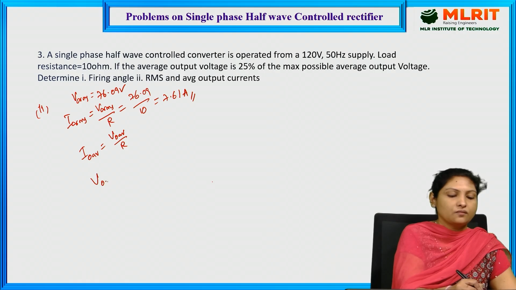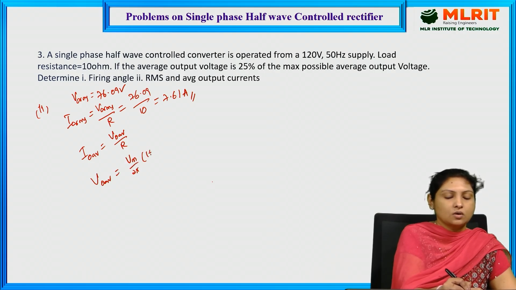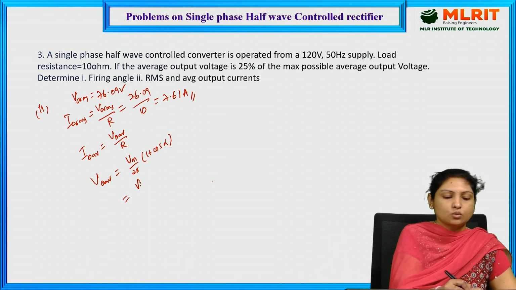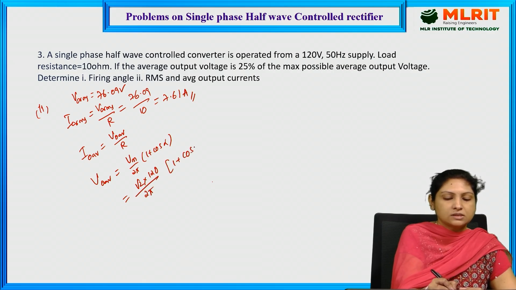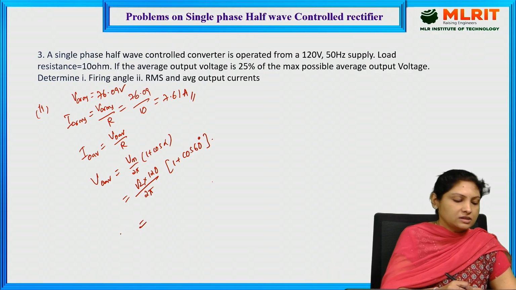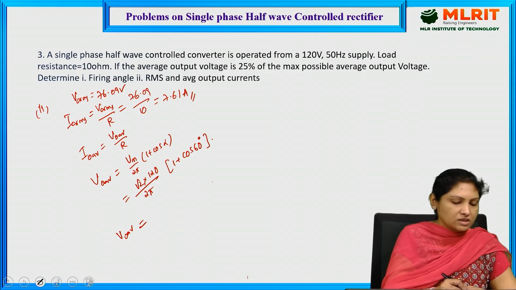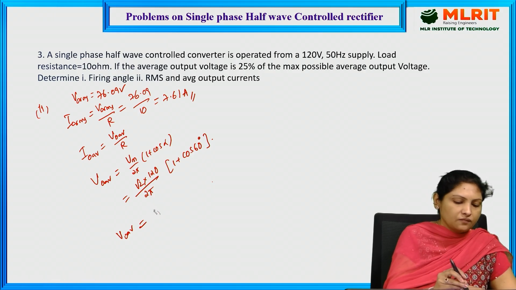What is the formula for V naught average? We have Vm by 2 pi (1 plus cos alpha), where V maximum is equal to root 2 into Vs, Vs is 120 given, so Vm by 2 pi (1 plus cos 60). In that case, if we resolve this, we get V naught average is equal to